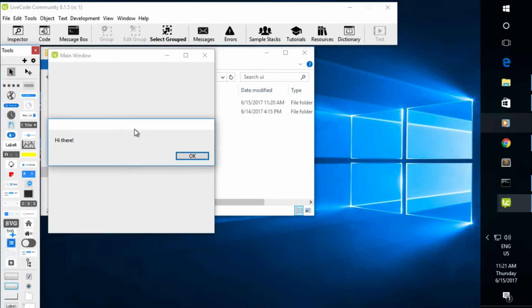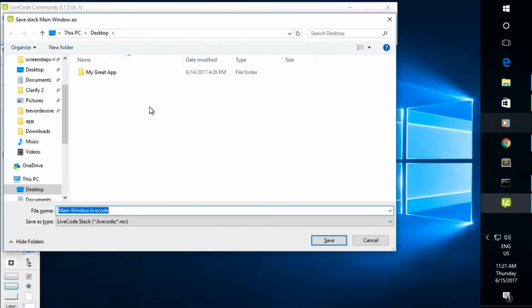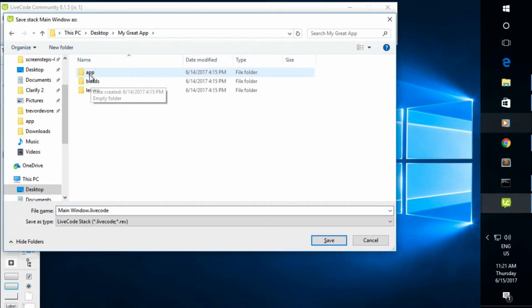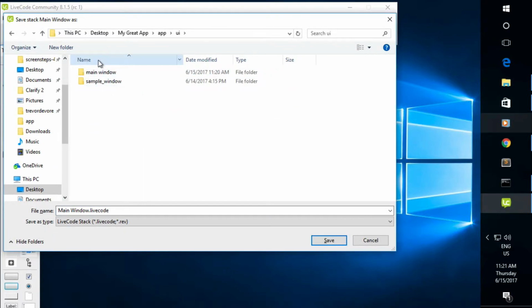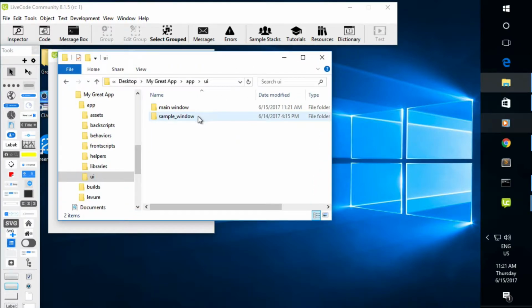I have a button. I click on the button. It says hello. I'm now going to save this stack inside of the app UI main window folder. Okay, and so that's it. I've now added a user interface stack to Levure. It's very simple, but Levure will now make this user interface stack available to the application when